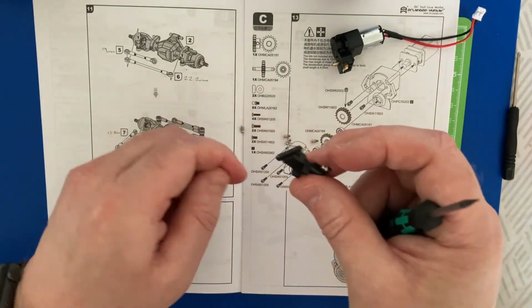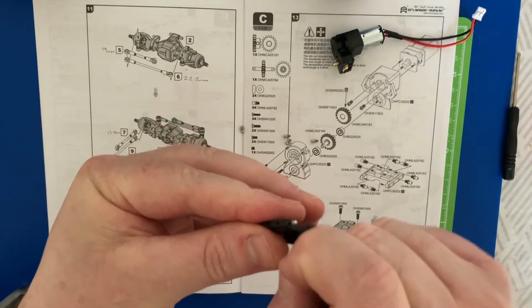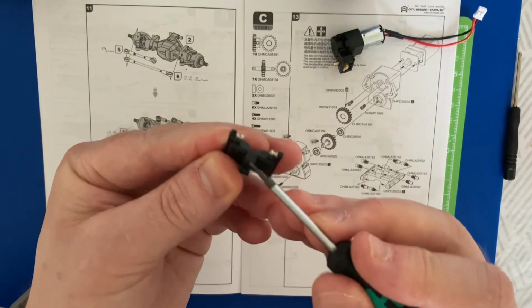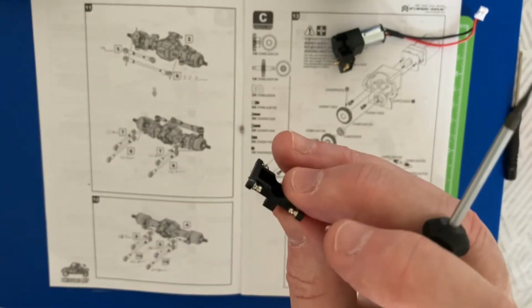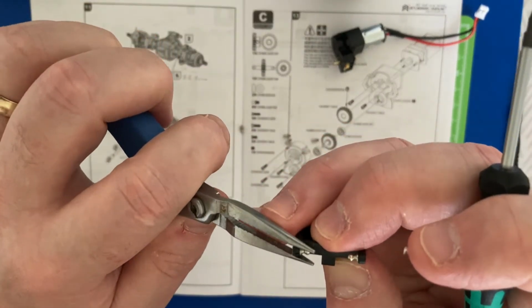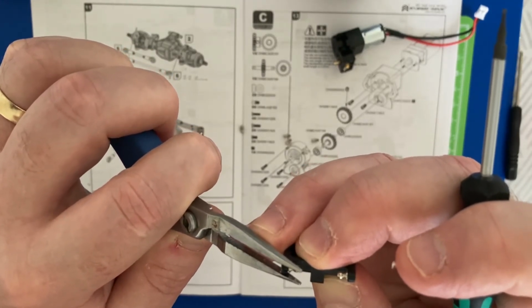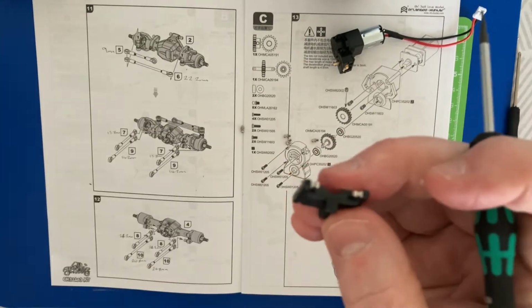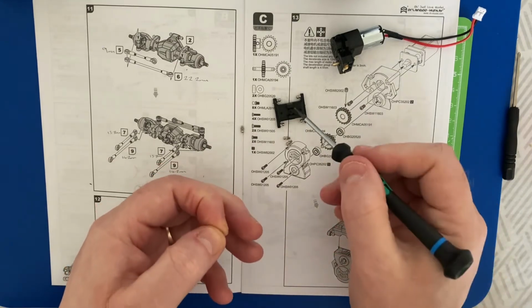So just pop this ball joint into this location here. I think we've got a defect. I remember seeing on the internet other people having trouble where they screw one of the ball joints onto this plate and it cracks. So what I've done is I've managed to pop the ball joint in, and I've just put a little bit of super glue to hold that plastic section there, and hopefully that should be enough to hold it in nicely. So it's perhaps a little bit of a defect there in the moulding of the plastic. So we'll carry on while that glue sets, because we're now doing the top ones